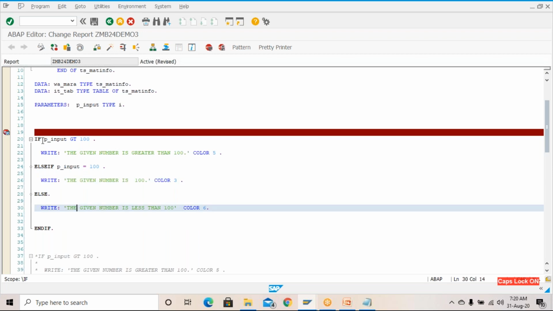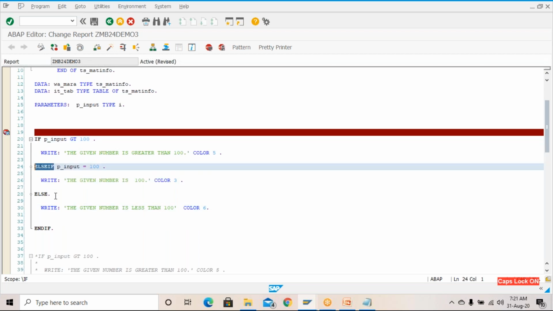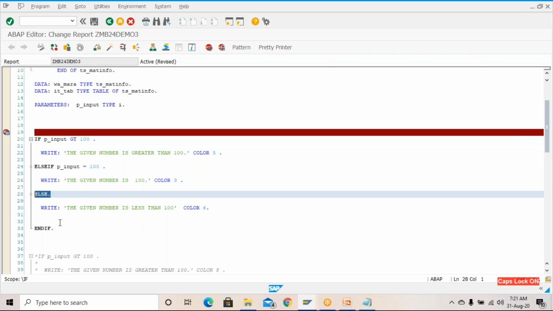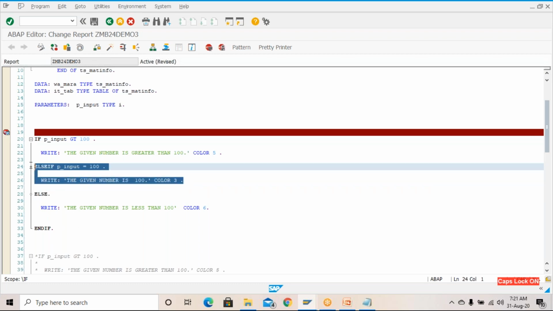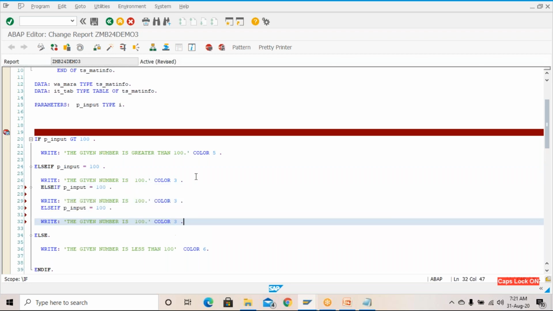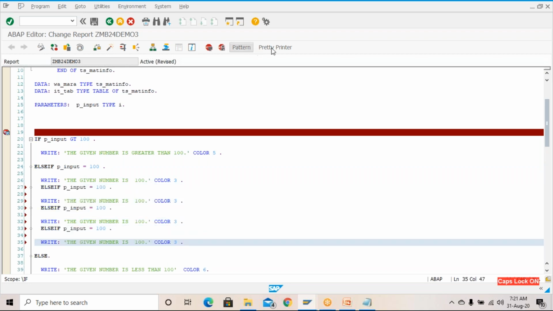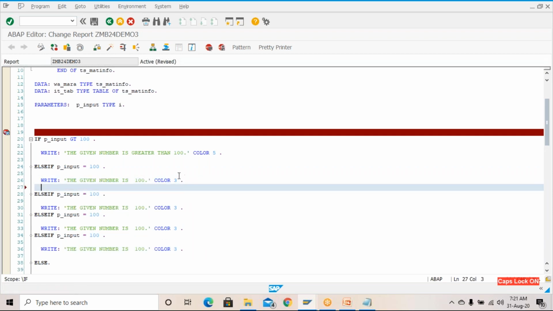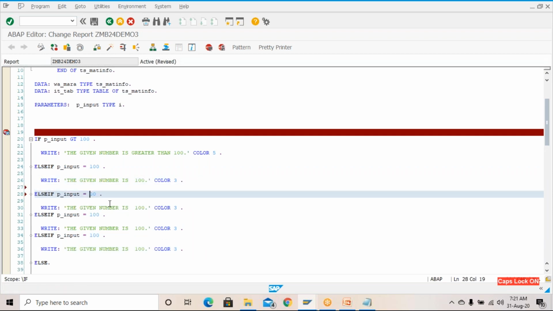So if, else if, and else, like that you can do. Multiple else if you can also put. So here, suppose you want to print that this number is 200. Okay, this number is 200, and